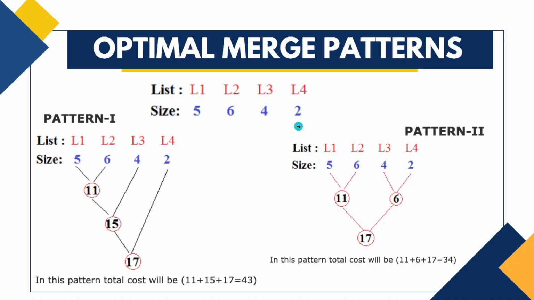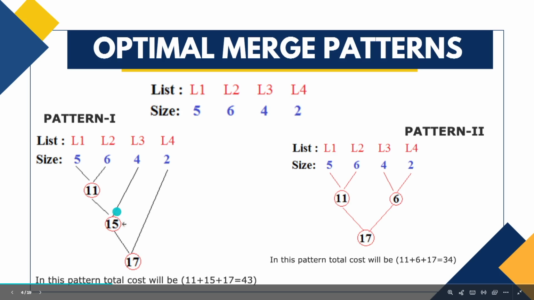So here we have an example. We have 4 lists, each with a varying number of elements, and we verify the same with different permutations. So we try different ways of merging the lists into one. Let us consider pattern 1, where you could see that we have merged L1 and L2 first, followed by L3 and then L4, and if we do so, the total cost will be 11 plus 15 plus